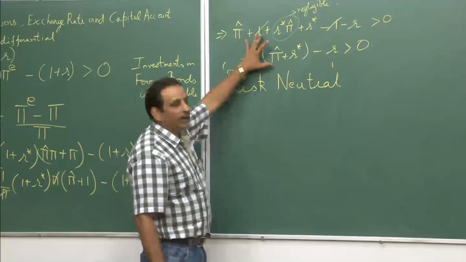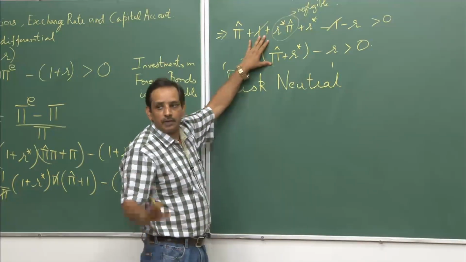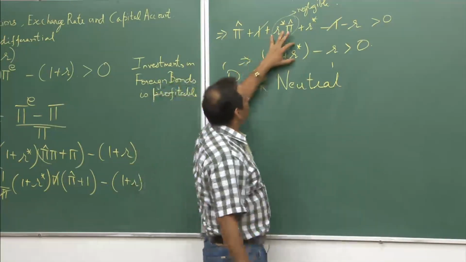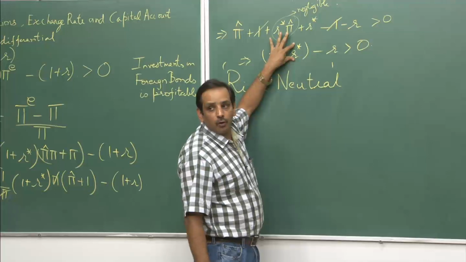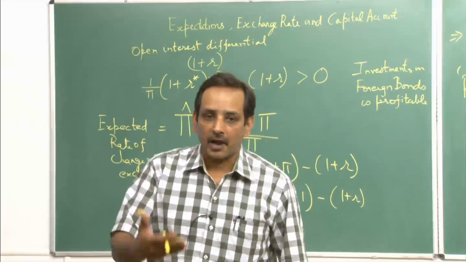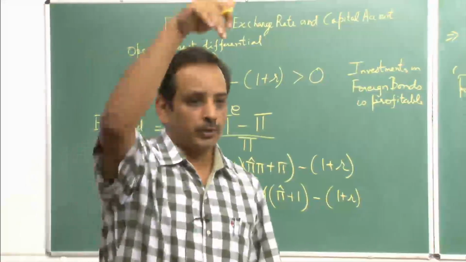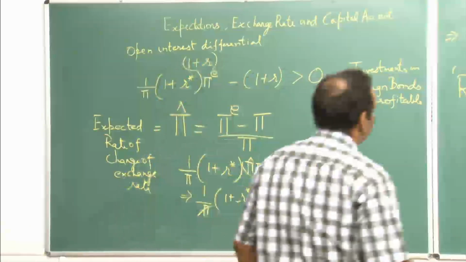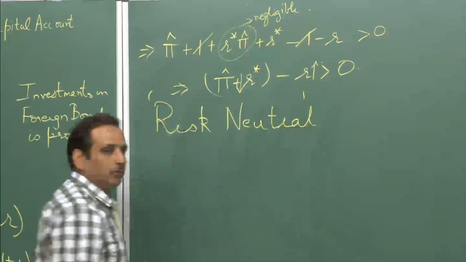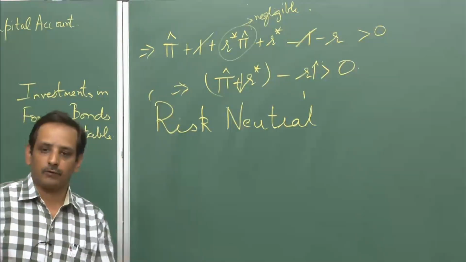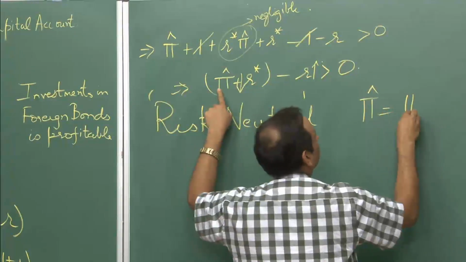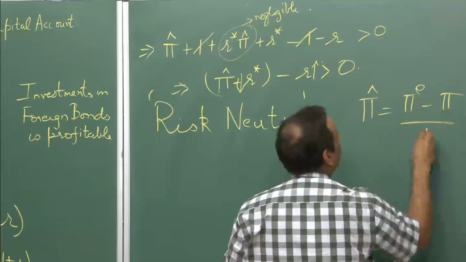So, please see what happens to this open interest differential. It does not remain as a differential, because the foreign interest rates go down. Because you start demanding foreign bonds, the price of foreign bonds goes up, the interest rates go down. The domestic interest rates go up because the money flows out of India, and then pi hat, which is pi e minus pi by pi,